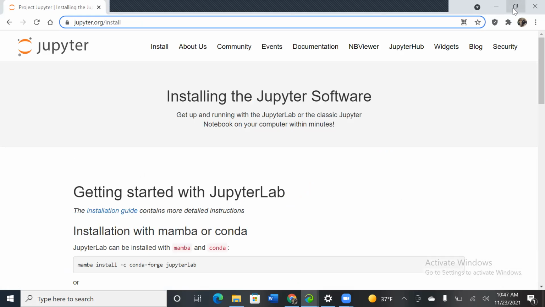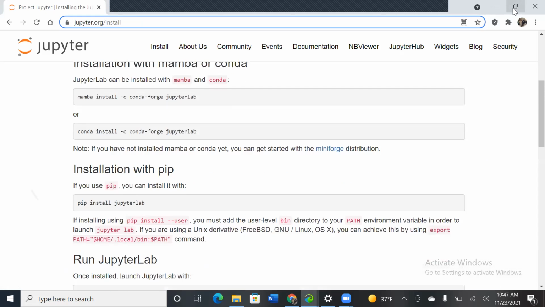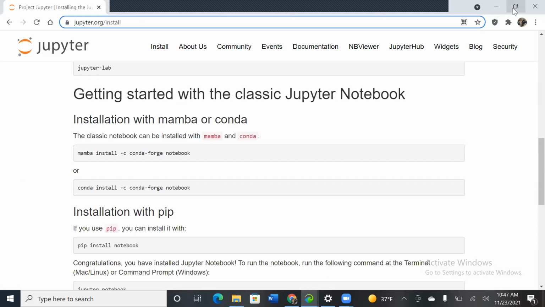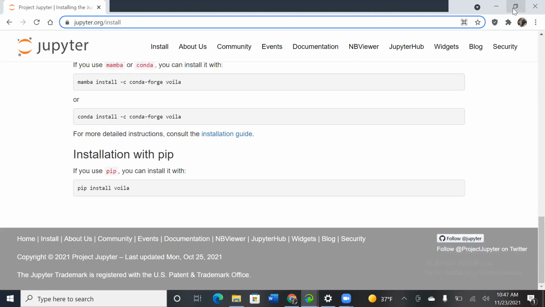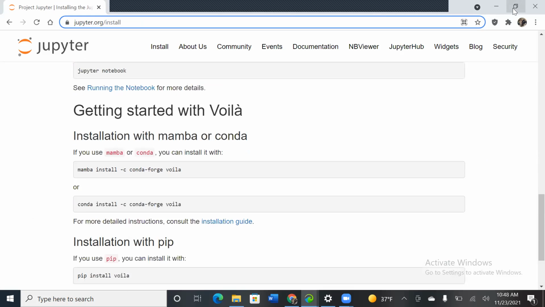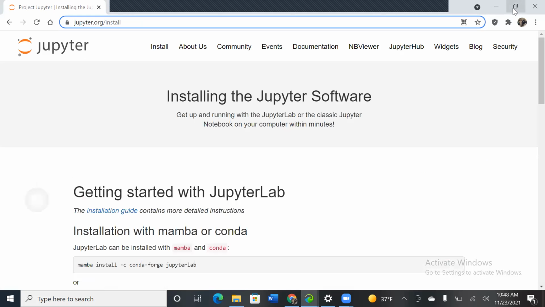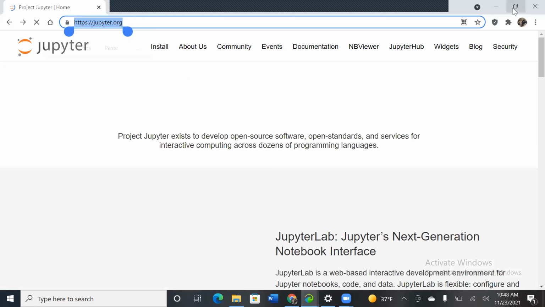Scroll down. Okay, just go back once. Search for a Jupyter notebook install. Click on the back arrow at the top.